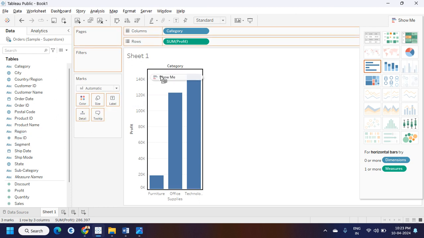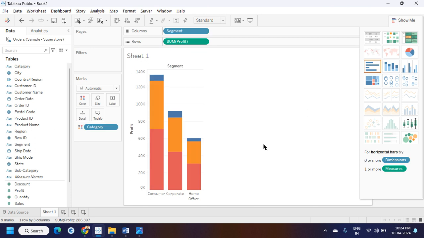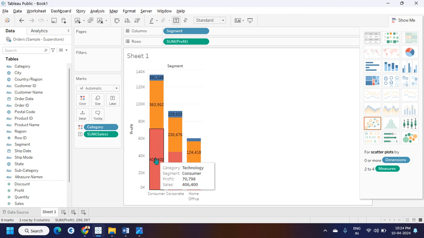If I put my segment over here and I click on this stacked chart, then it will give the stacked view of this. And if I put my sales on this label, then it will give, for each segment, for technology and in the consumer segment,